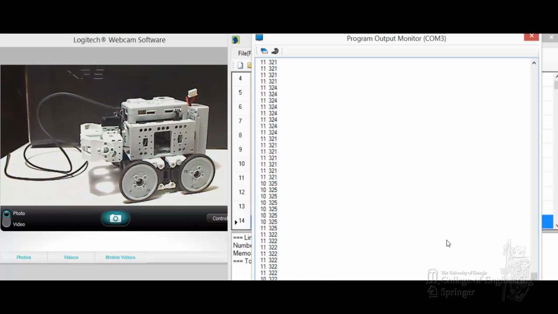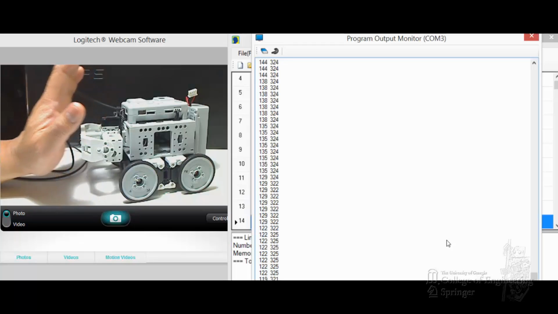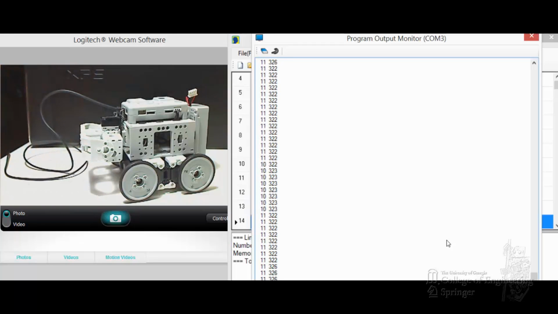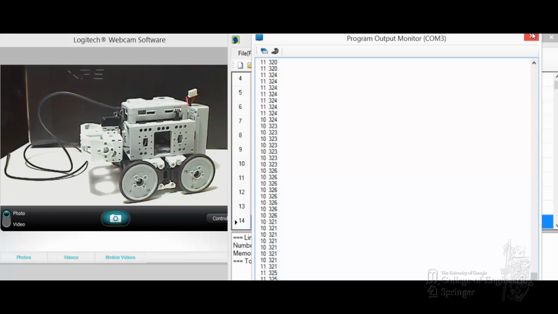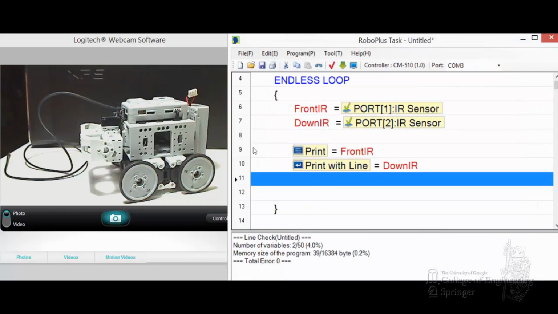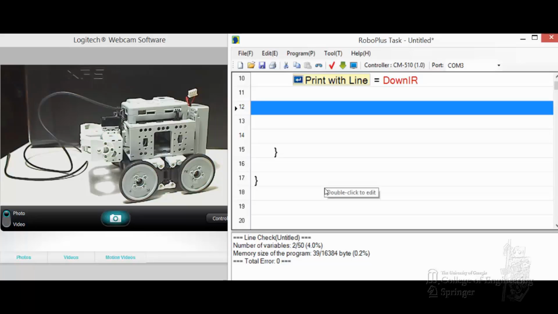You see up front and nothing. So as I push my hand, that number should increase. There we go. Okay, that's good enough. Stop the run. Get back, and do something more. So what I want to do next is if the front IR gets bigger than 50,